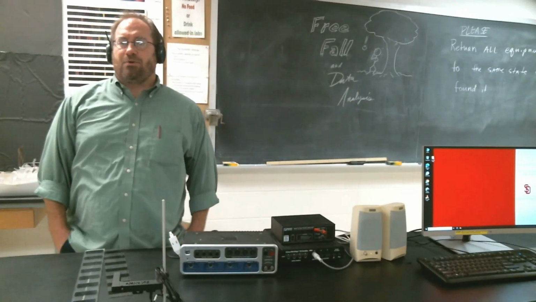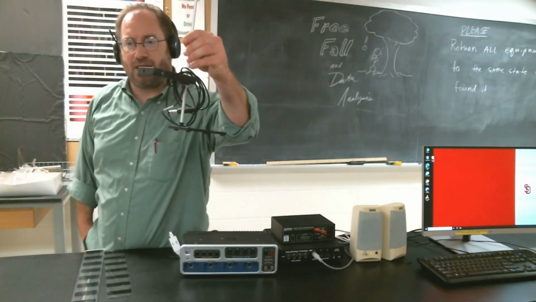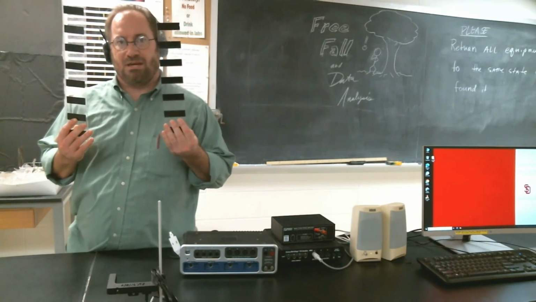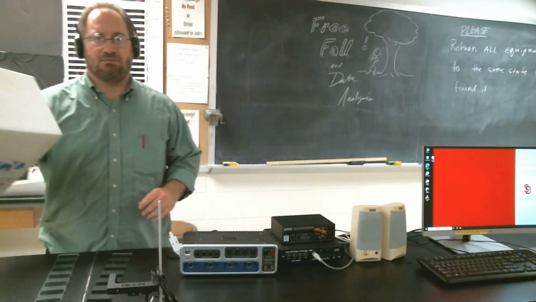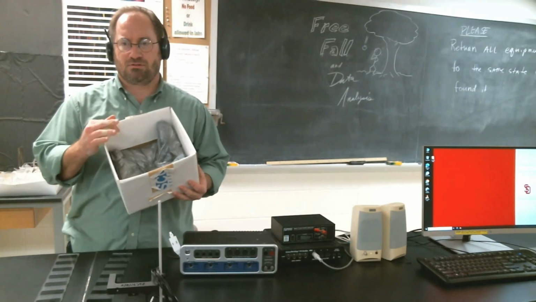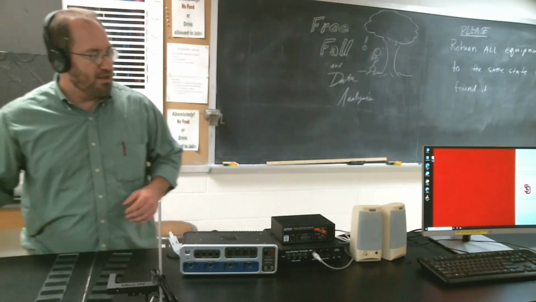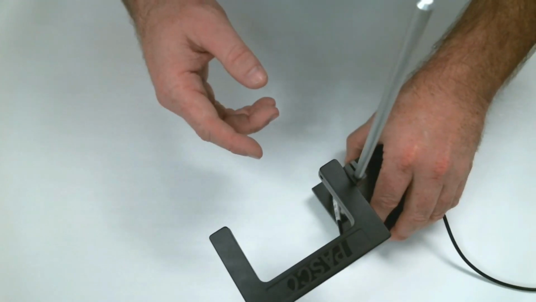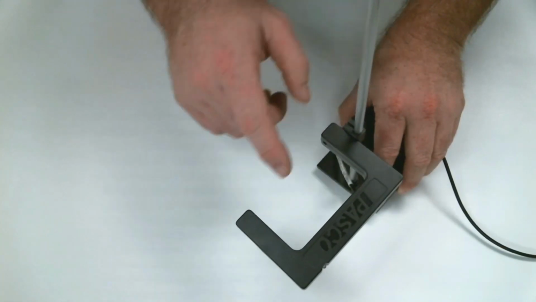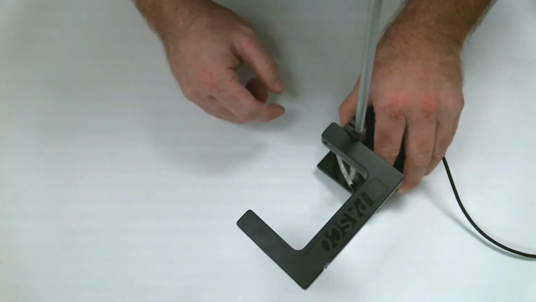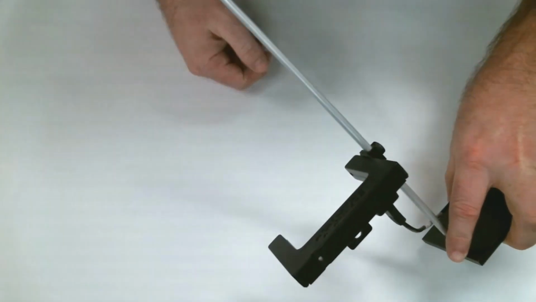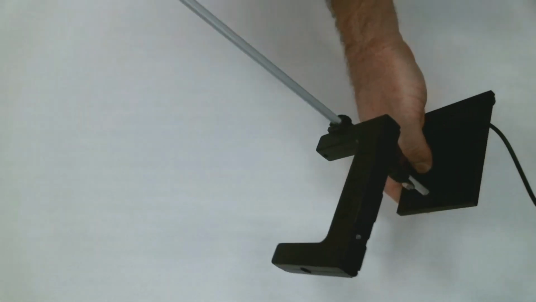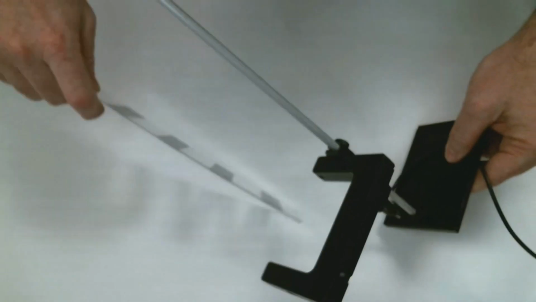In order to do this lab, you need a PASCO photo gate. We'll take a closer look at that in a moment. You need 2 picket fences, something to catch them with, a nice soft landing for the picket fences, and then our wonderful PASCO setup. The photo gate is a simple sensor in which a beam of light travels from one side to the other along a straight path, and anytime you block that, the red light flashes on, indicating that it has triggered a stop, or at least that it's blocked. For example,